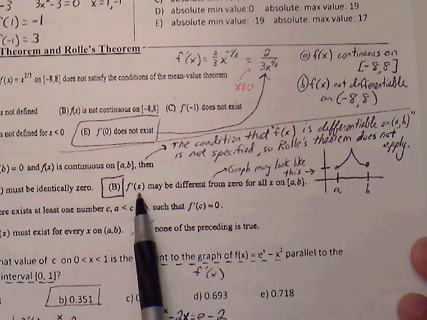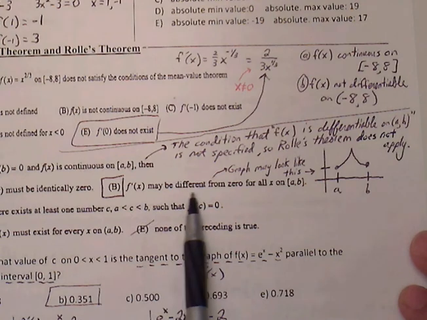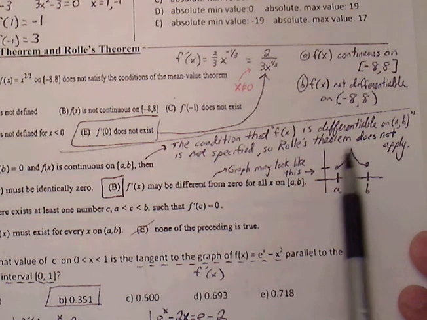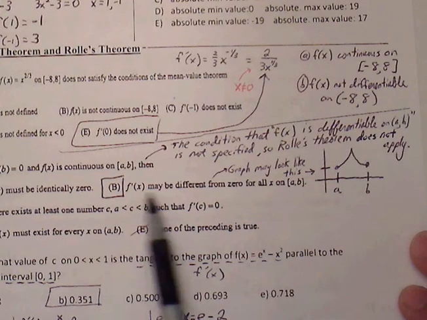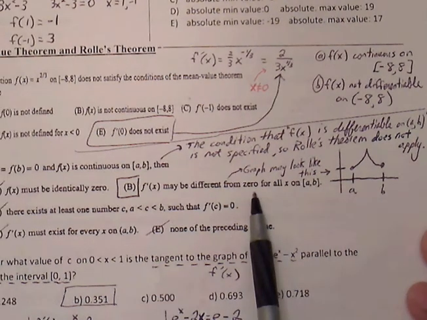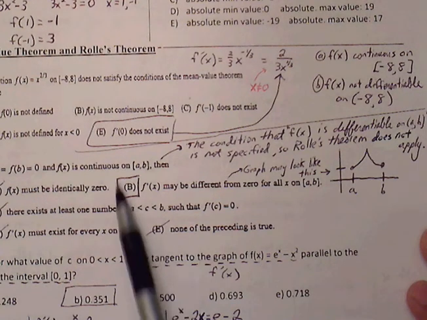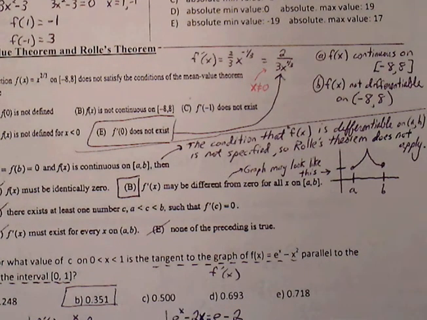So f prime of x may be different from 0 for all values of x on AB, and that's possible here. There's no slope of 0, so therefore condition B will be the correct solution. Okay, for number 8,